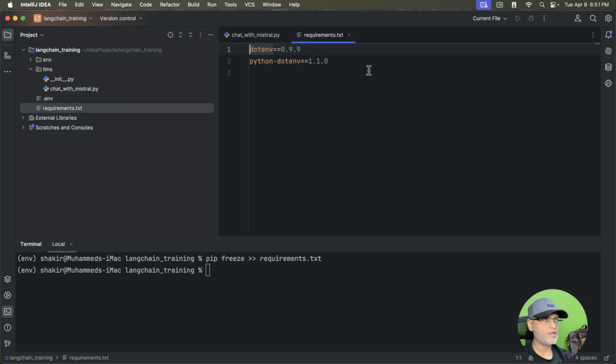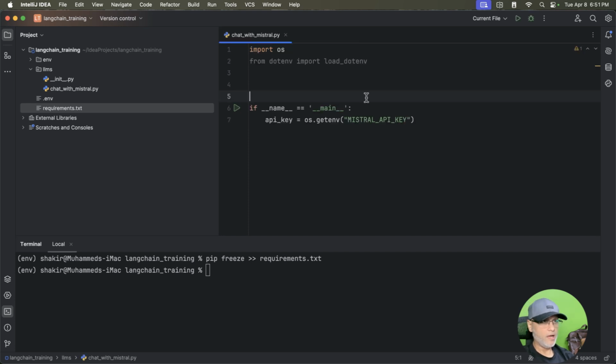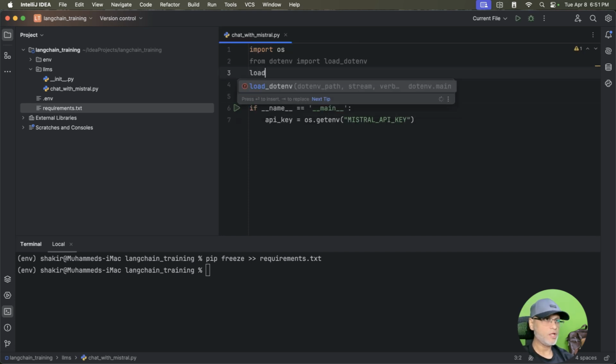Now, when I double click over here, can you see this? .env and python-env, these two libraries are there. Well, you do not need both of these libraries, just one of them will do, but that's okay. We will keep these two libraries out here. Correct. And once we have done this, what we are going to do is that we'll say